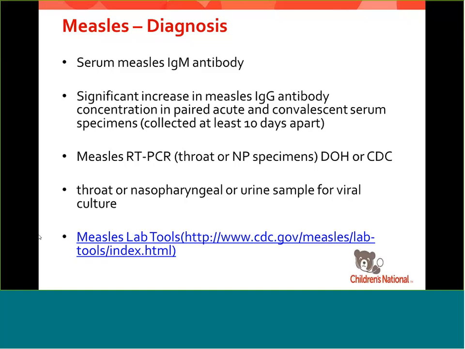The detection of measles RNA tends to be most successful when we get it early in the illness. So the biggest yield is in the first day of the rash through the 3 days following the onset of the rash, although it can be positive as late as 14 days after the rash onset. The anti-measles IgM is usually detectable about 3 days after the onset of the rash, but can even be undetectable by the time the rash appears. And usually fades away and is undetectable at about 30 days after the rash has first appeared.